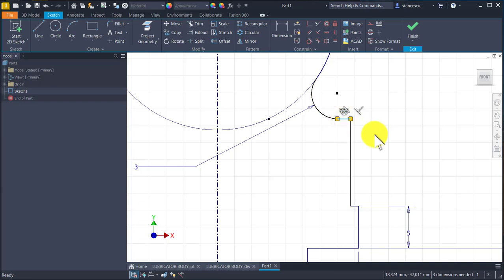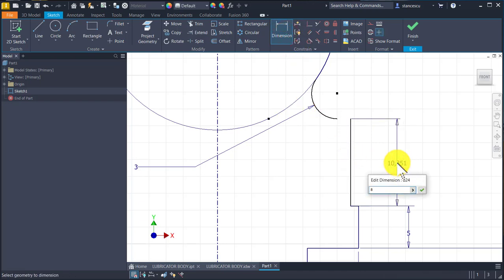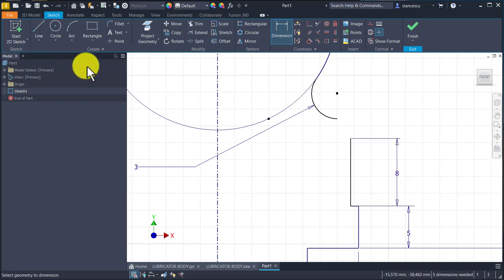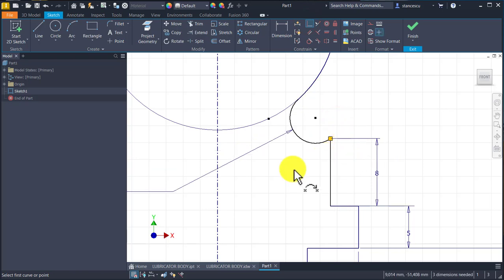I eliminate this, and now I can apply 8 millimeters here. I try to connect this point with this point, and we have this situation. Now I can draw a horizontal line here,